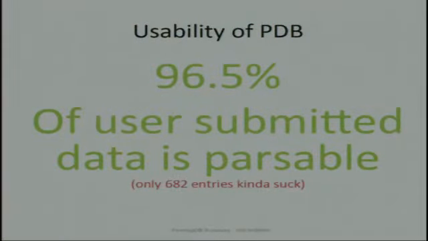If we use this small scrubber and look at what's in the records, 69.5% of the user-submitted data in PeeringDB is parsable. They are valid IPv4 and IPv6 addresses. And to be honest, I thought this number would be much, much lower, but only 680 entries are useless, and we can probably hunt down those users and ask them to rectify this and make something more useful.